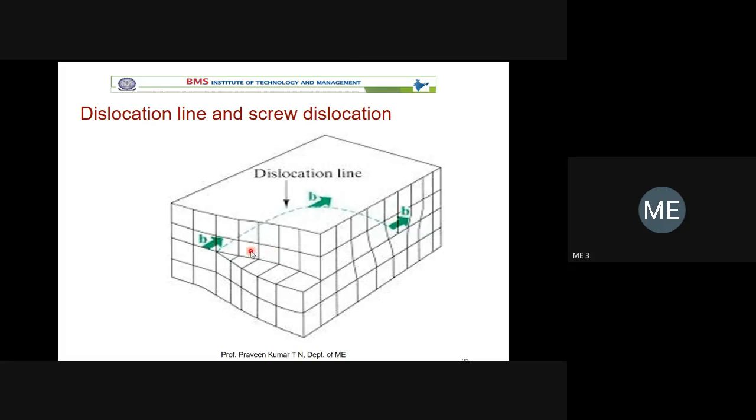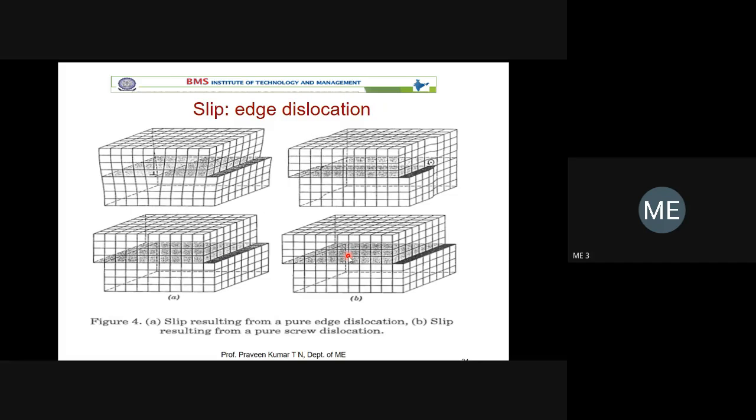Here, instead of slipping and moving exactly in the forward direction, it is slightly rotated. You can see here the Burgers vector magnitude may be very small, but here the Burgers vector magnitude is more. A similar sketch is given. You have a complete crystal. This is one crystal, and it is moved by a small distance, a small edge. You can see here, this is the edge. Hence, it is referred to as the edge. But here, the top portion is rotated, so it is referred to as a screw dislocation. There is an angular rotation here.